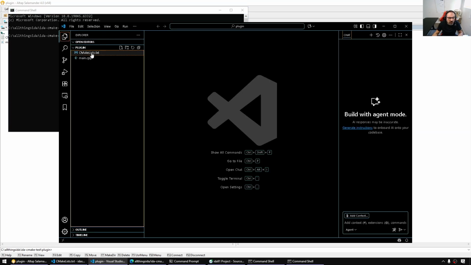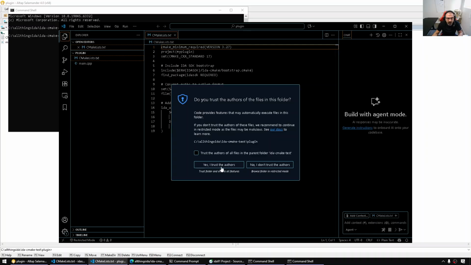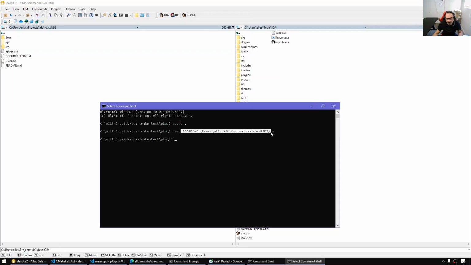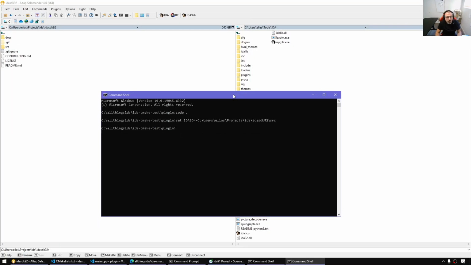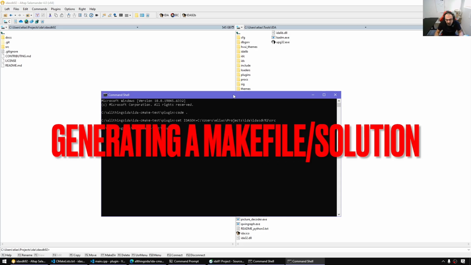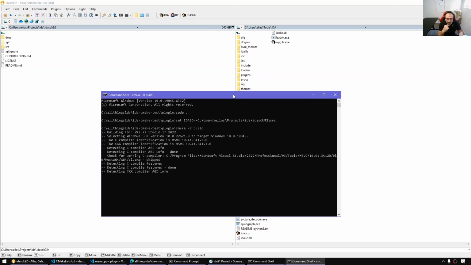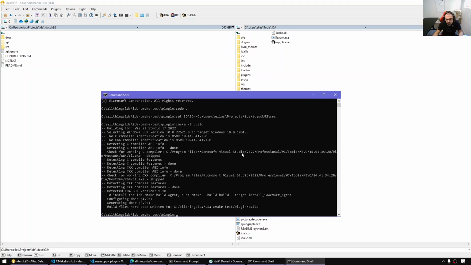What we can see here is the CMake file and the source code. That's the simplest source code of a plugin. So I fixed my SDK and now I'm ready to go. All I have to do is the regular CMake initialization. I'm going to say cmake -B build, and that will use the build folder to put the generated makefiles. On Windows, by default, it will pick Visual Studio if it's installed. On Linux or Mac, it will use GCC or Clang. Then you can launch make. But since I'm on Windows and I like to use Visual Studio,